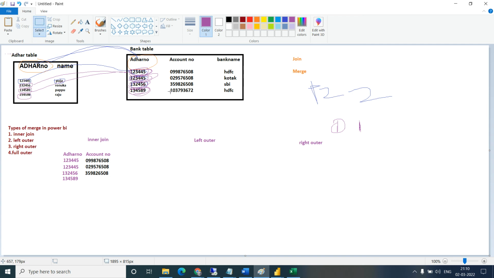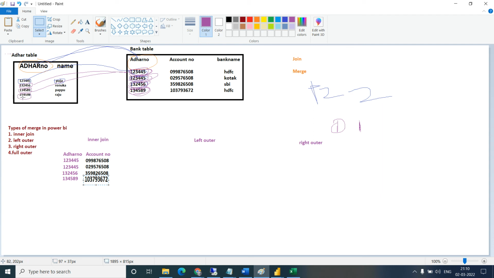Okay, so for the third one you will take the Aadhaar number. Okay, so third one we got this. So we got this one, 89.